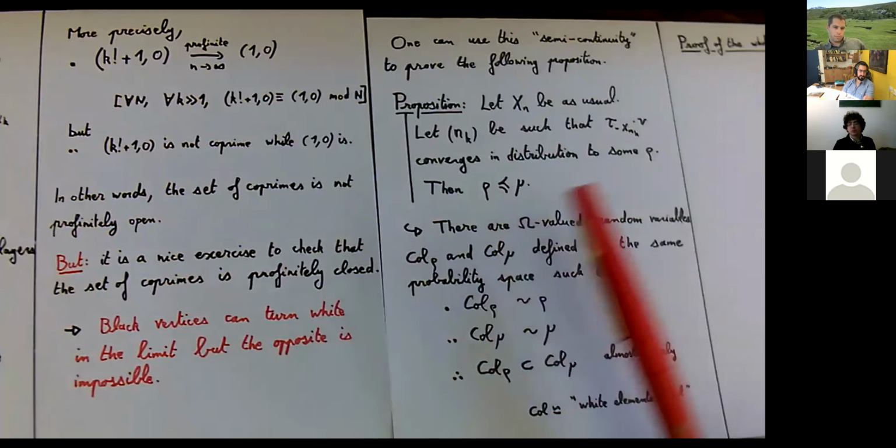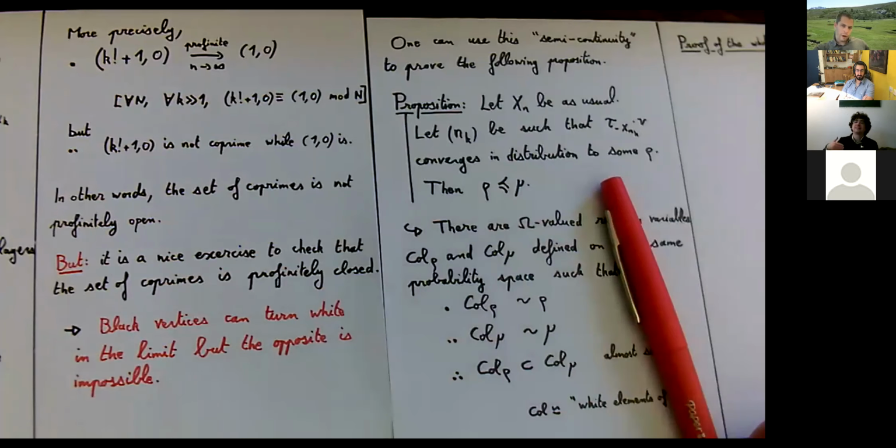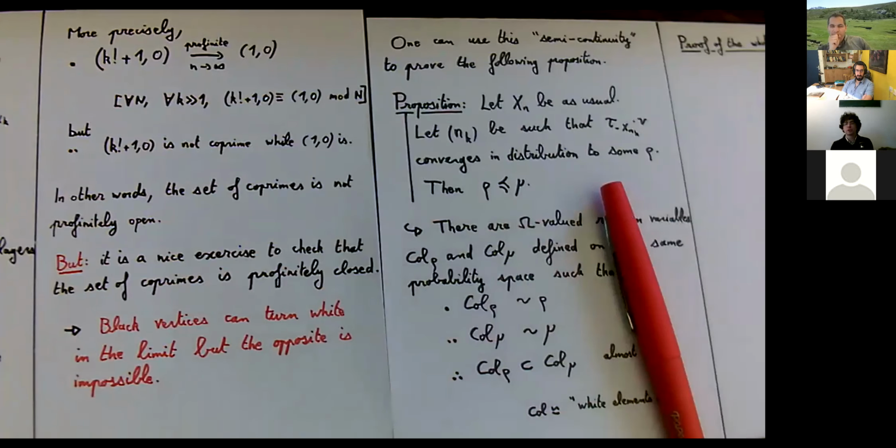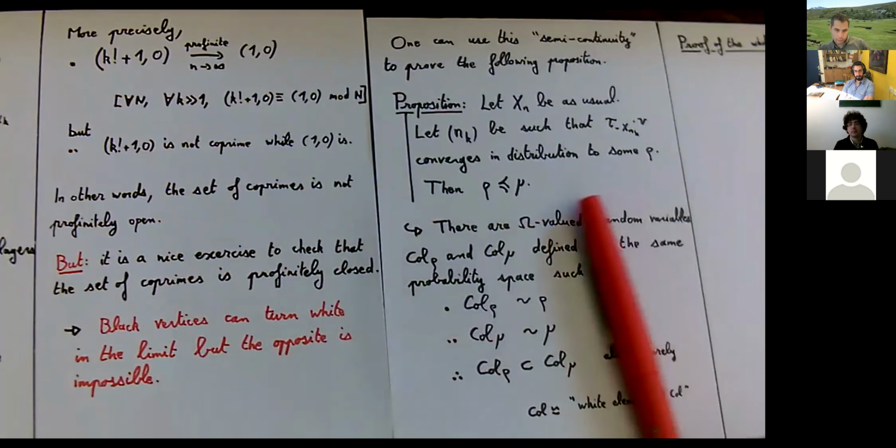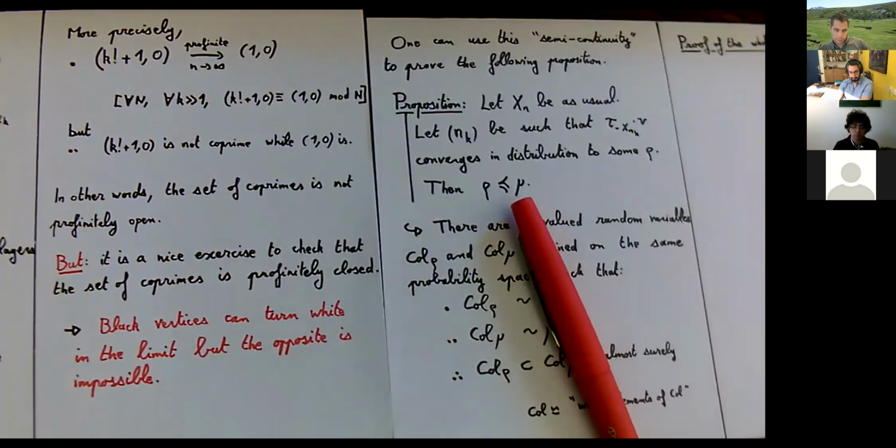Well, this transfers into a proposition saying that any sublimit in distribution must satisfy some inequality, not necessarily an equality, but at least this inequality with the measure mu we have explicitly defined sooner. And I do not want to prove this proposition, and I've given ideas why it should be true. But I would rather prove the whole coloring theorem using this proposition.